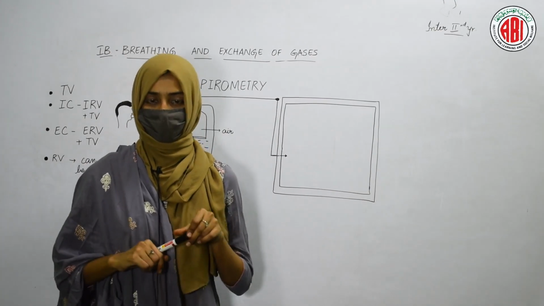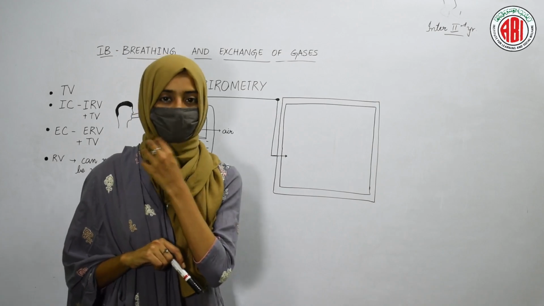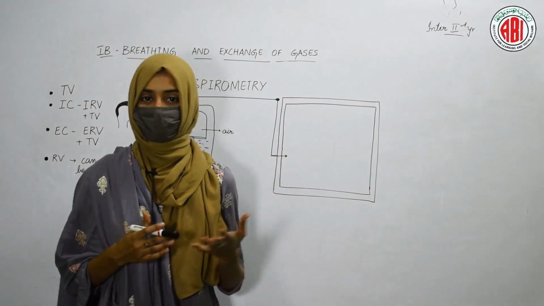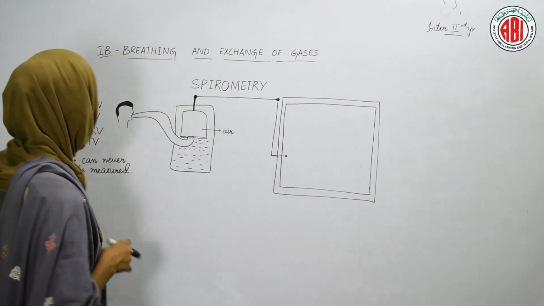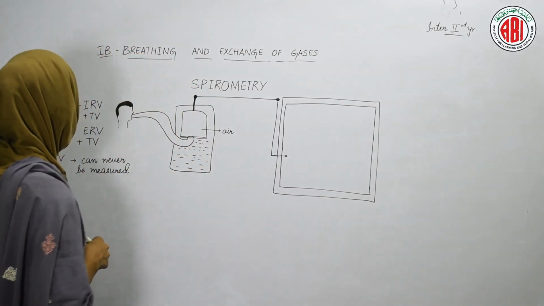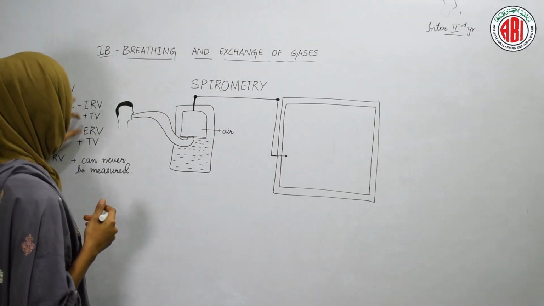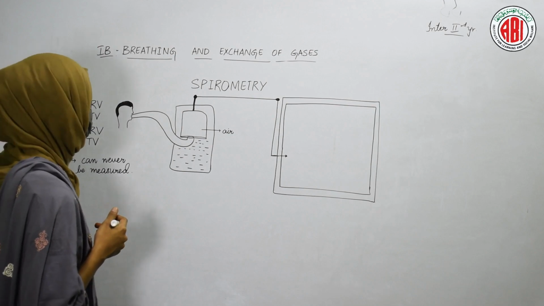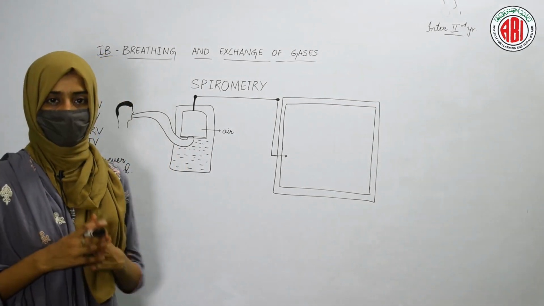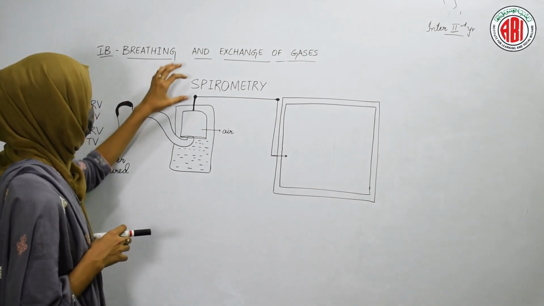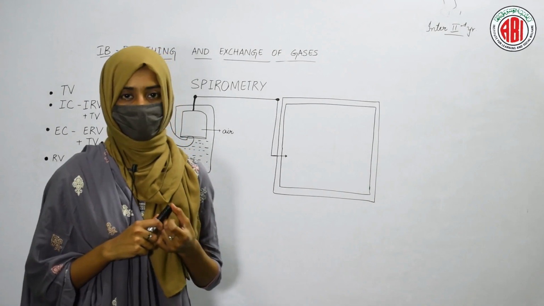In the last session we discussed the pulmonary volumes and pulmonary capacities. Now in today's class, let us see how we can measure these pulmonary volumes and capacities of our lungs. We discussed four different volumes: tidal volume, inspiratory reserve volume, expiratory reserve volume and residual volume, right? Here we are using a process to measure the pulmonary capacities, and that process is called spirometry, which can be done by using a device called a spirometer.